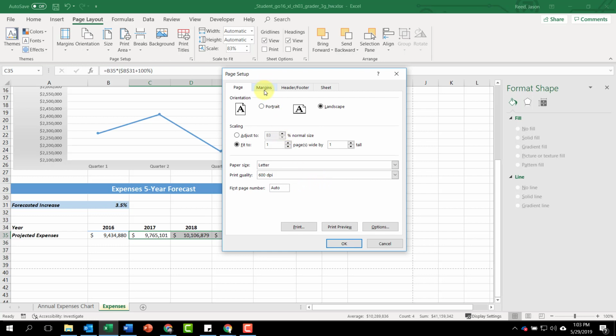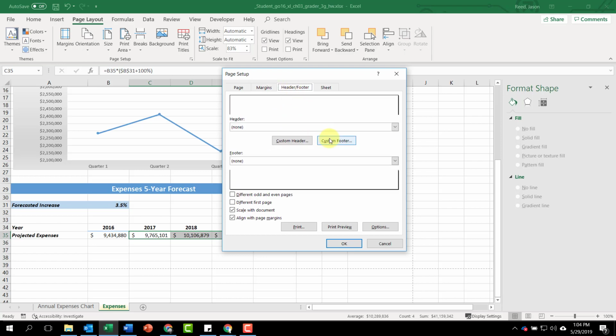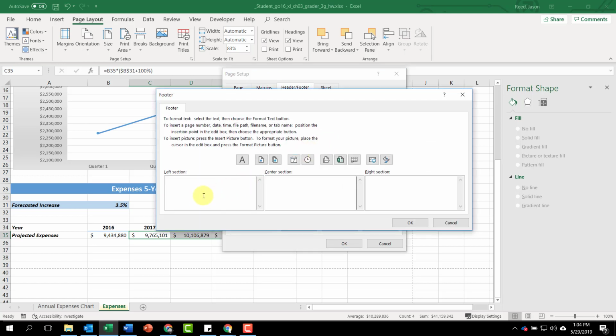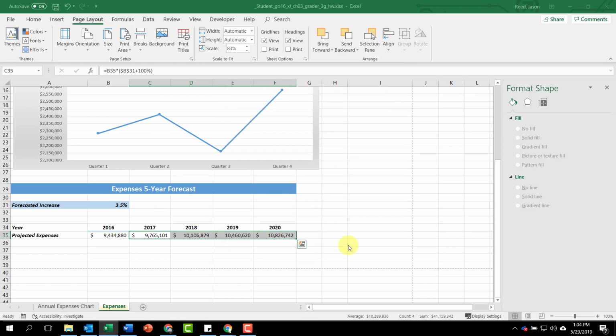We also want to click on the margins tab, and we want to center on page horizontally. And we also want to insert a custom footer. So let's go ahead and click on our header footer. Let's click on custom footer. And in the left section, we want to put in the file name. So let's click on insert file name and hit OK. And then hit OK. And we are done